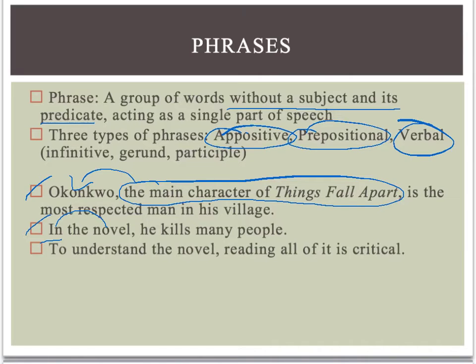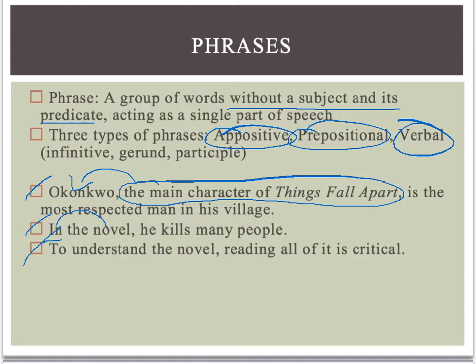And the third type of phrase that we're going to talk about is verbal phrases. You should remember that verbals are verbs that are acting as another part of speech. Right, an infinitive is the to form of the verb, right? To be or not to be, for example. Right, a gerund is a verb acting as a noun. Right? Studying is my favorite activity. And a participle is a verb acting as an adjective. The studying student did better than the student who wasn't studying.